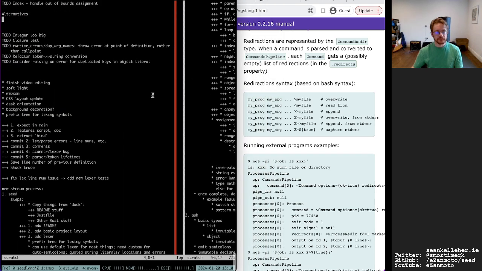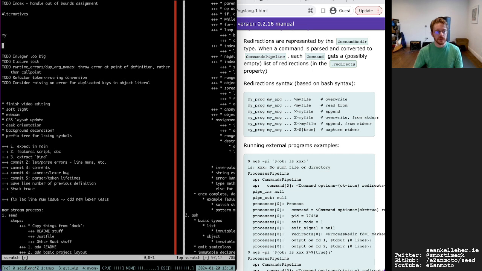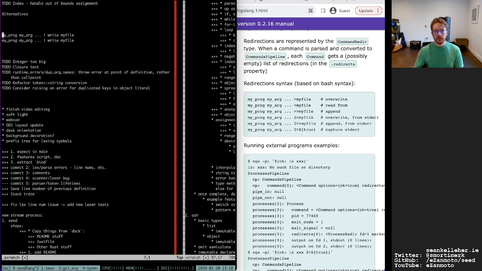Let's see. For the first one, I would go my program, my arg123, and we would pipe that to write my file, and then instead of read from, I'd probably just do cat my file.